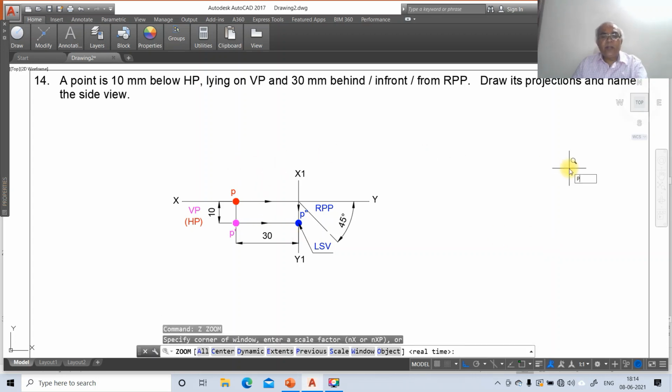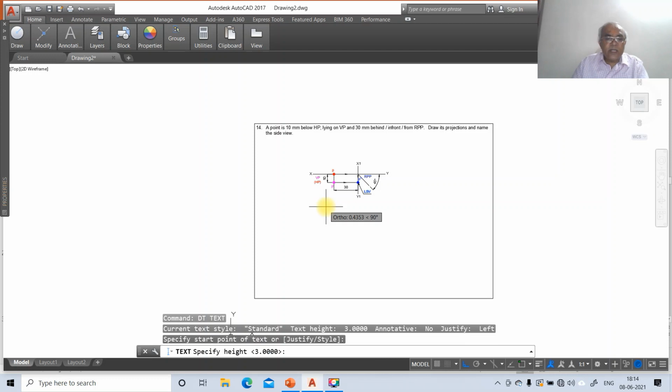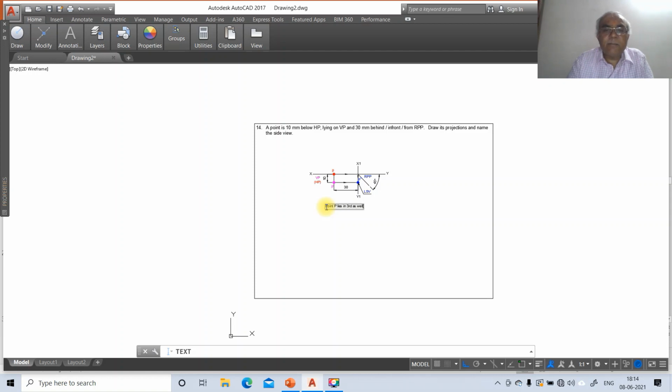Now I want to write the final answer. To do that, I'll go for the point. So I'm going to take text type S3: point capital P lies in third as well as fourth quadrant. In third quadrant, side view is right side view,